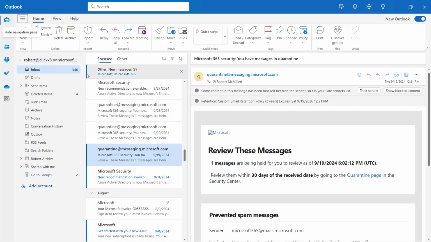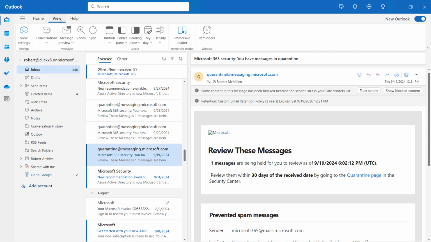Let's change the themes in Microsoft Outlook. At the top, you can see the home link, which is there by default. So I'm going to click on View instead, and I want to choose the View Settings. So I can click View Settings,